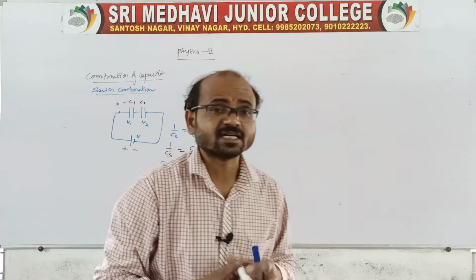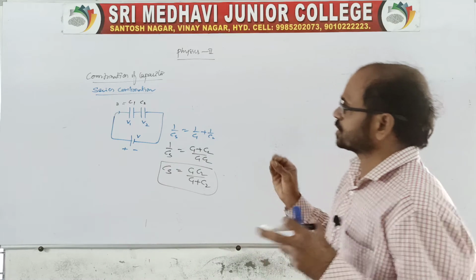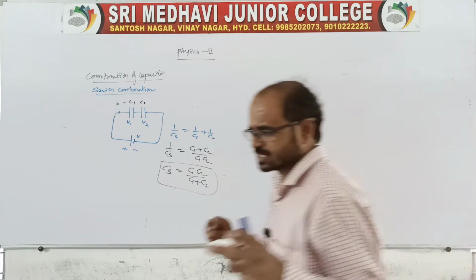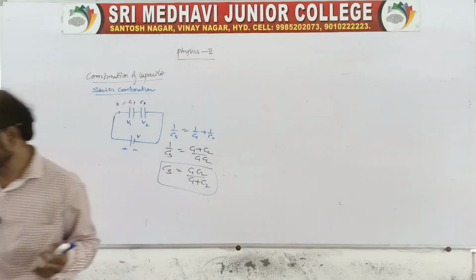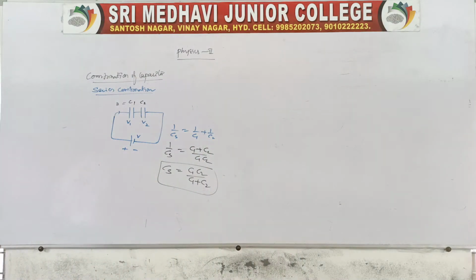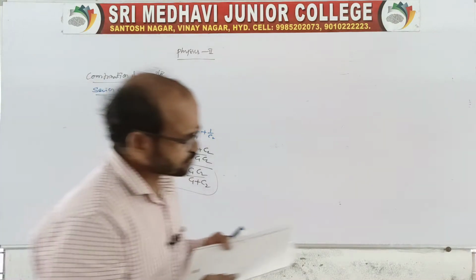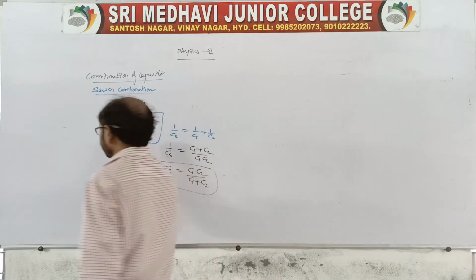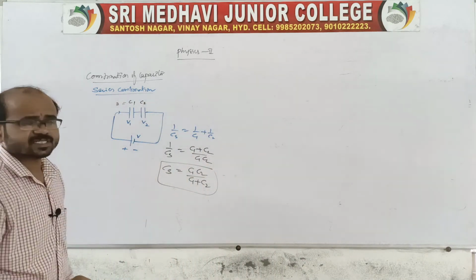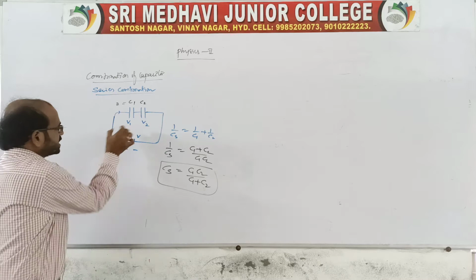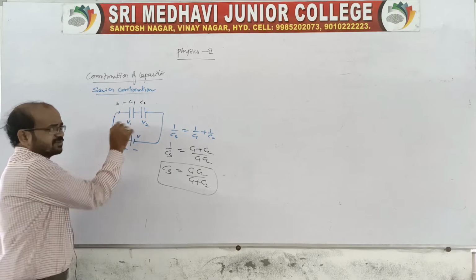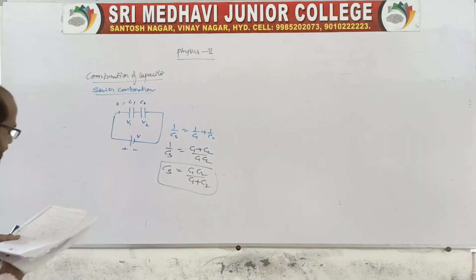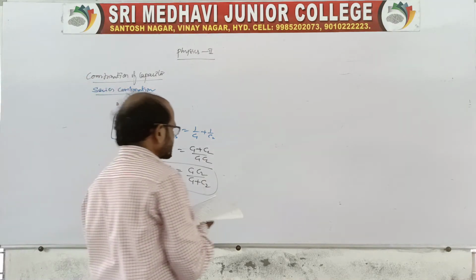In case of series combination, this question is related to 4 marks in IPE. Series and parallel combination, they will ask you separately for a 4 marks question, right? And here we can take it like this. Suppose he may also ask you to find the potential differences. If he is asking for the individual potential differences, then we have to get them. Sir, how can we get the individual potential differences? Here, I will give you the individual potential differences across each capacitor.